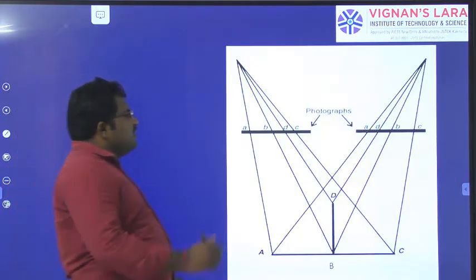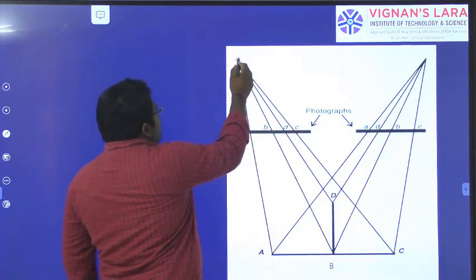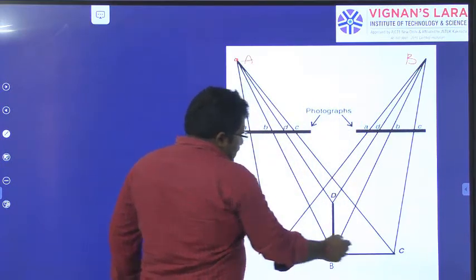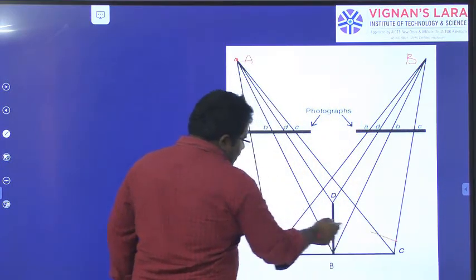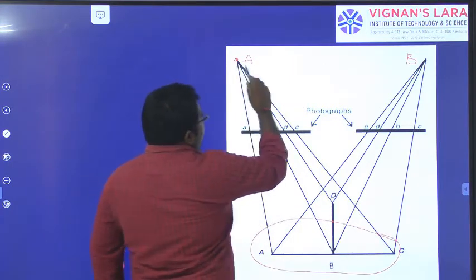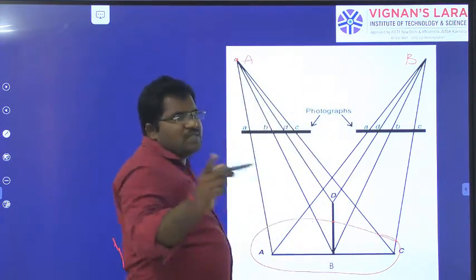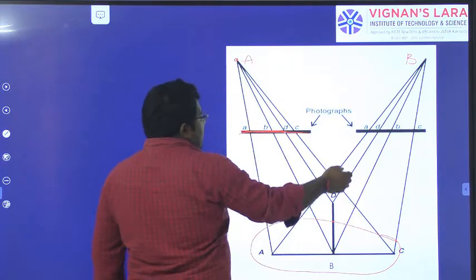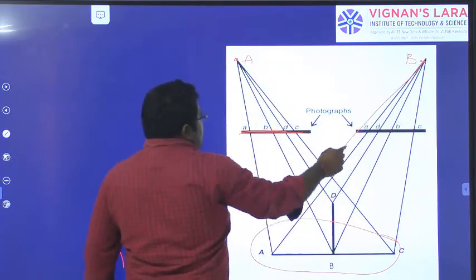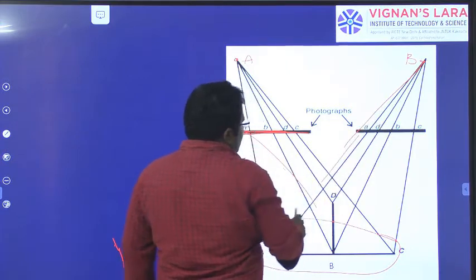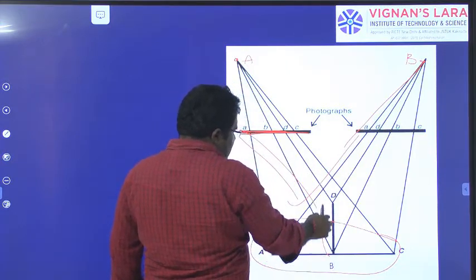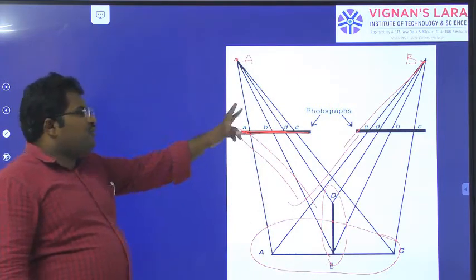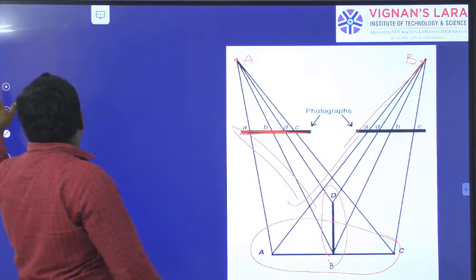Next, coming to photogrammetry, from one location A, and we are going to take location B. The same ground point will be taken from two positions A and B. The photograph which is taken from the location A will be having all these points. The same ground area is going to be captured from the point B, right? So if you overlap these two, we can say what is the height of BD. The height of BD we are going to estimate with the help of two photographs. This is called stereoscopic photogrammetry to determine the depth.